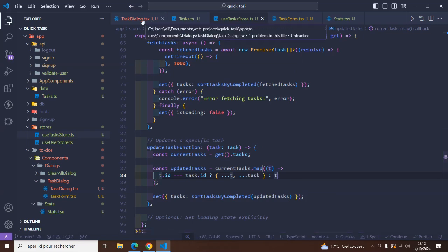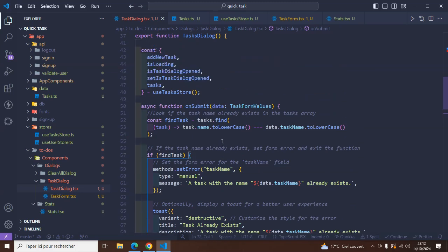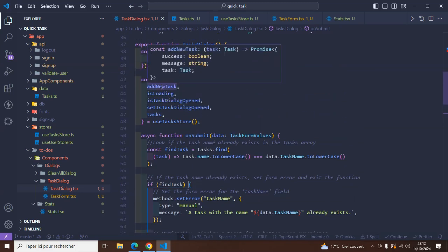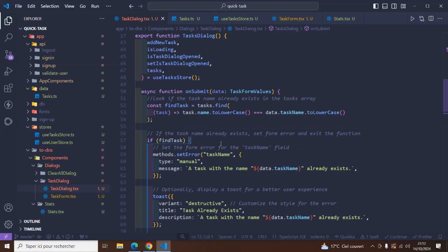So we're going to head over to the task dialog, and in here, as you can see, we are going to call the add new task. And in the onSubmit function, I updated it to first handle the case where the name that we want to create the task with already exists. So we're going to use the find method, and we're going to rely on the name of the task inside the tasks array, and we're going to see